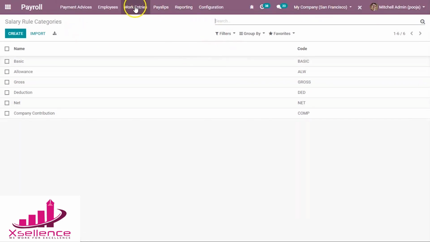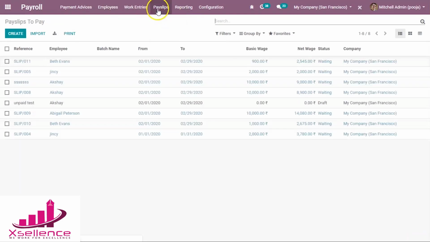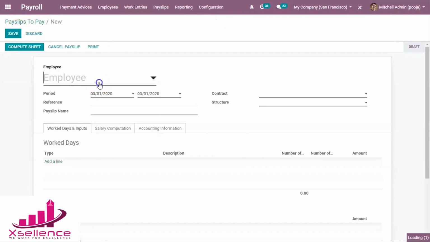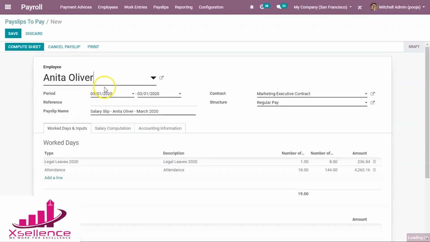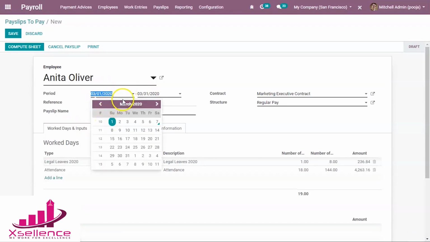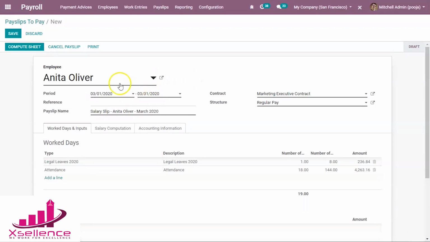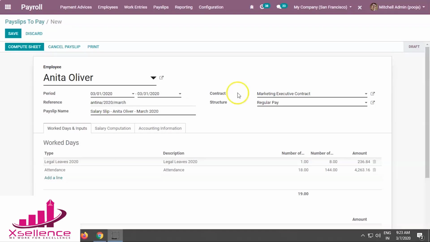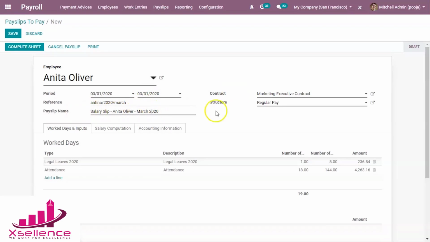So after that we can now go to the payslip. So you can create a payslip to pay. I'm creating a new payslip. So we can mention the employee's name and the time period we need to generate the payslip for, then some reference. Then you can give a payslip name.